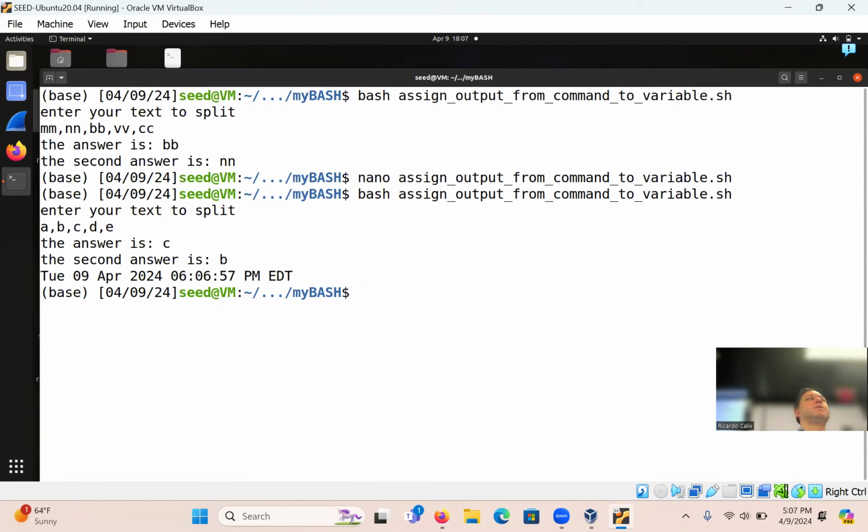All right, there's the system date, of course, available, and so on. You could also repeat it with the backticks, hopefully to get the same output, and we printed the date.